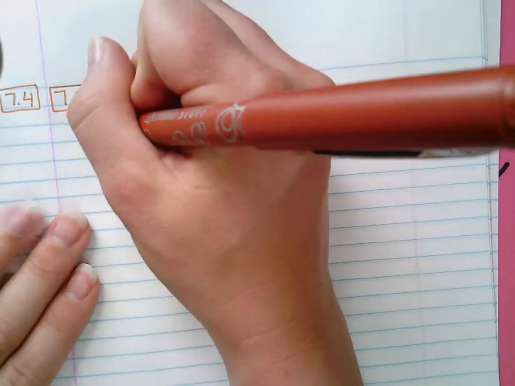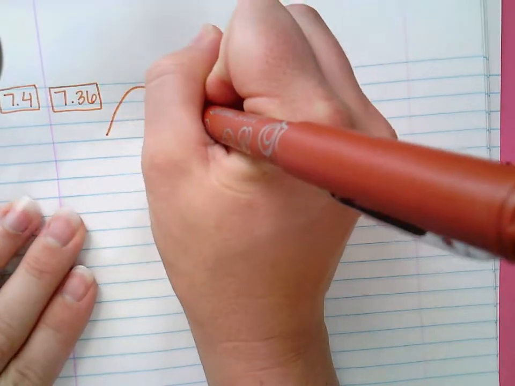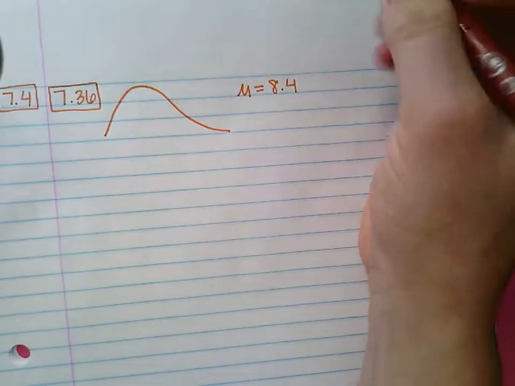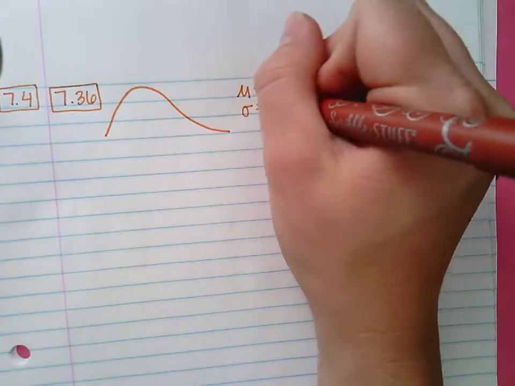Okay. On 7.36, it says the times that college students spend studying per week have a distribution that is skewed to the right. So the distribution of study times is skewed to the right with a mean of 8.4 hours and a standard deviation of